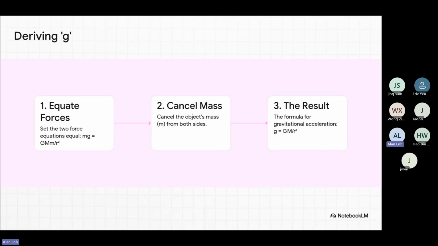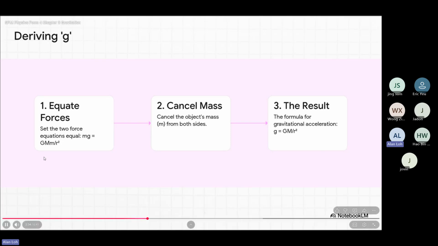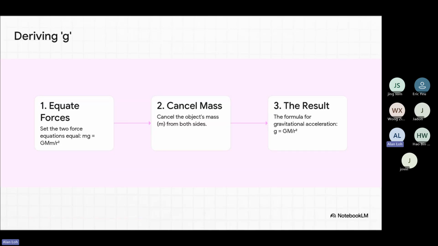This is the cool part. The mass of the smaller object, you, an apple, whatever, is on both sides of the equation. So it just cancels out. This is amazing. It means if you ignore air resistance, a feather and a bowling ball will fall right, and with this one simple step, we can figure out g, the fundamental acceleration of gravity, for any planet out there.